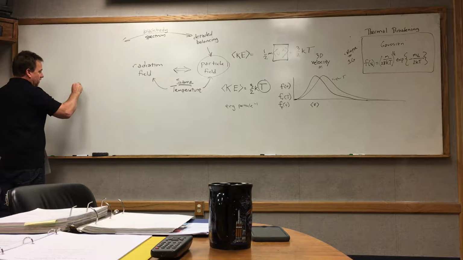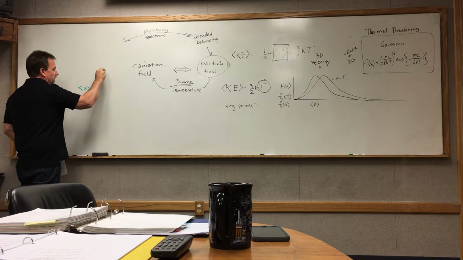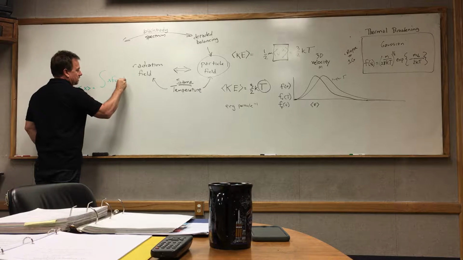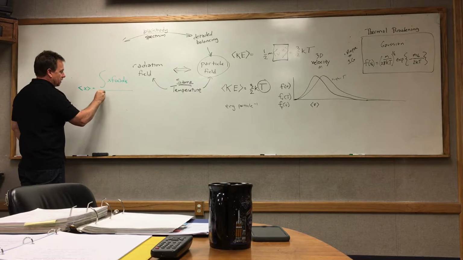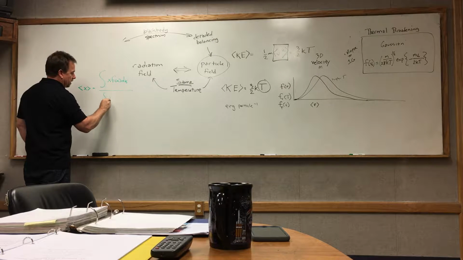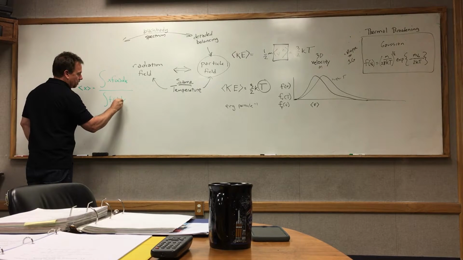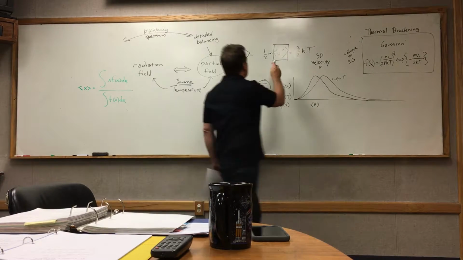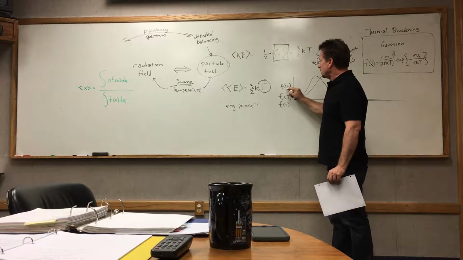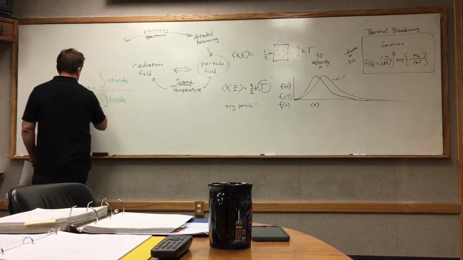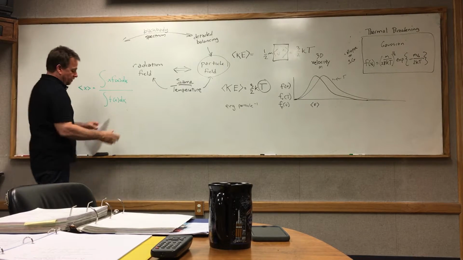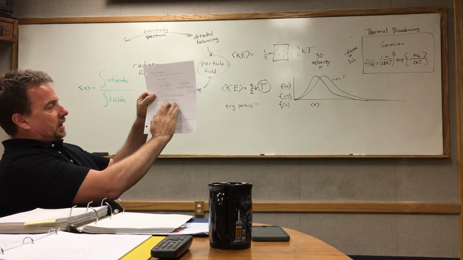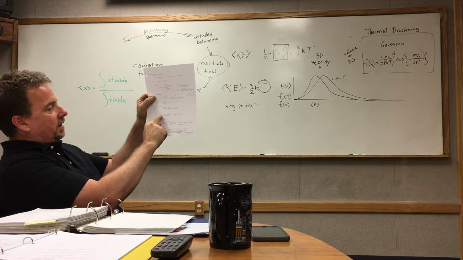If I want the mean of x, what do I do? I integrate x times the distribution of x dx, and then to make it so that I can take care of the distribution function itself, normalize it out, boom. So basically if you want v squared, you are going to weight this by v squared. So your x becomes v squared, and your x is v. And when you do that, you go through the algebra and you go through the calculus, lo and behold, you get that